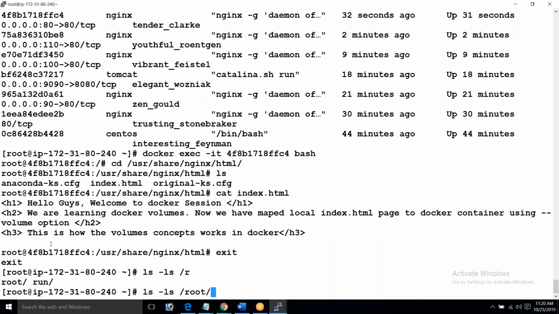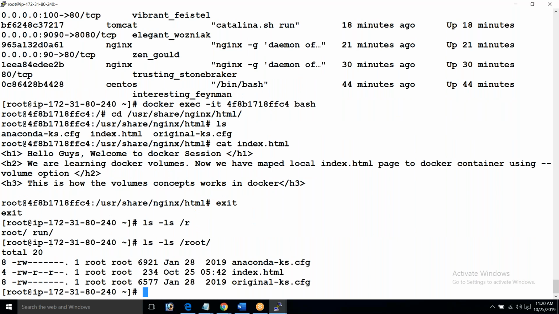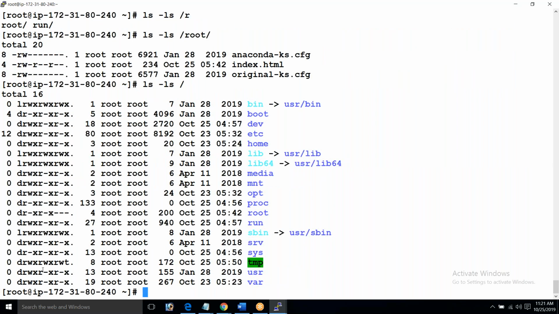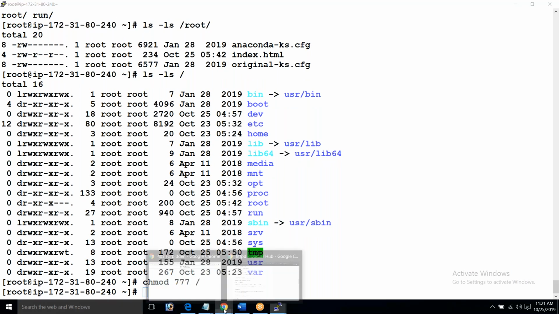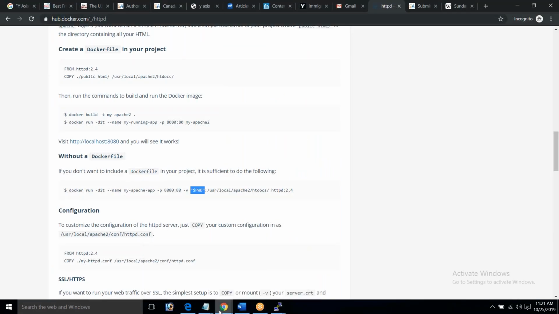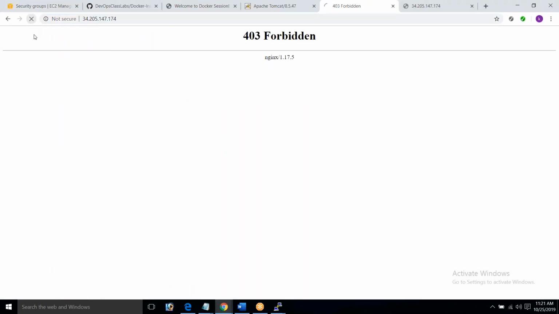Root. Now let me do that. chmod 777. We are not supposed to do that, but I did just to show you. It is because of the file permissions. Now it should come, guys.